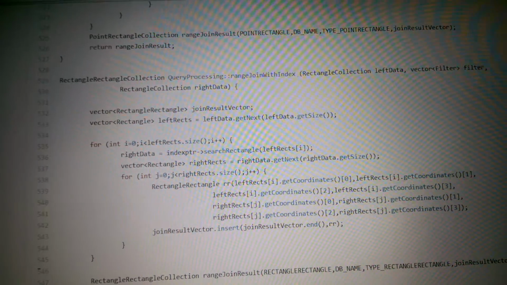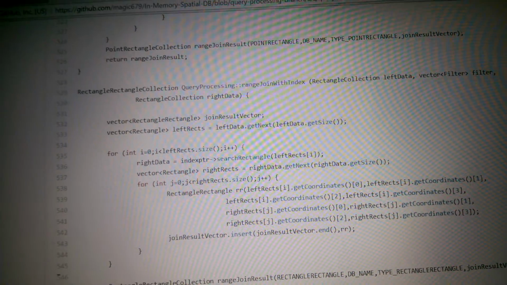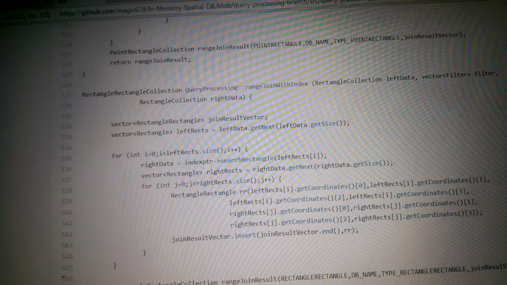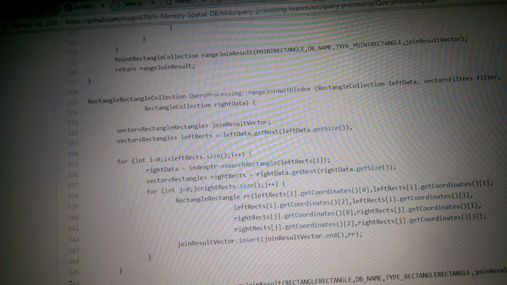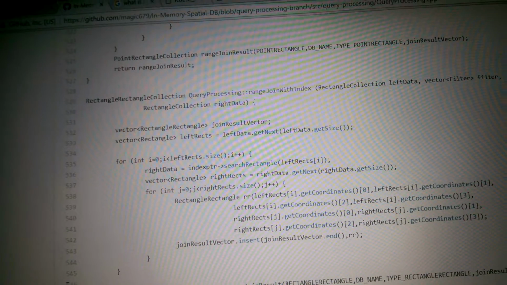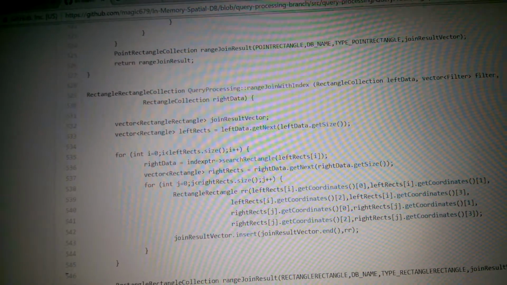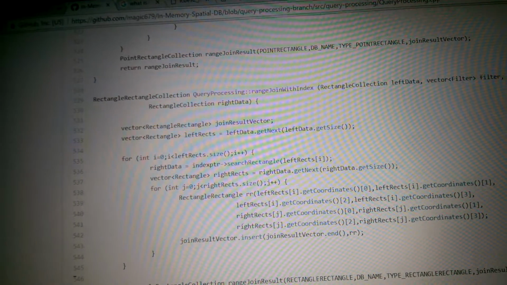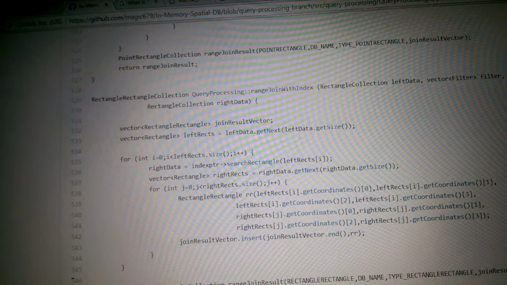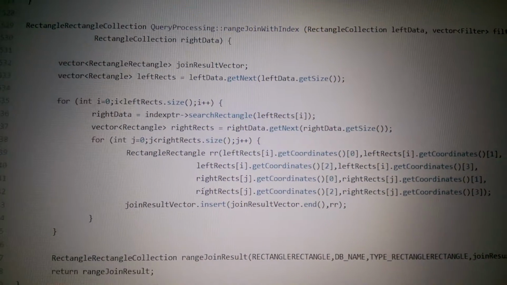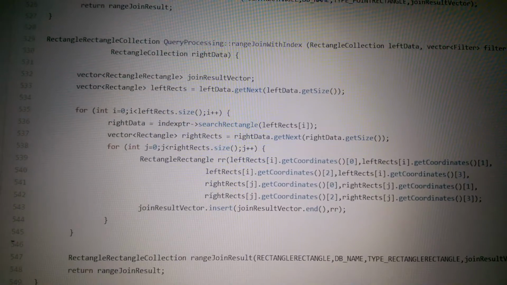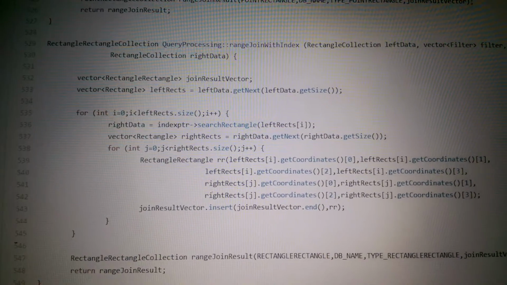And likewise, we don't have to search through the entire data, but we make use of the indices to find the rectangles which are in the range of this particular rectangle. And likewise we do a join of these rectangles, and the output is a rectangle collection.